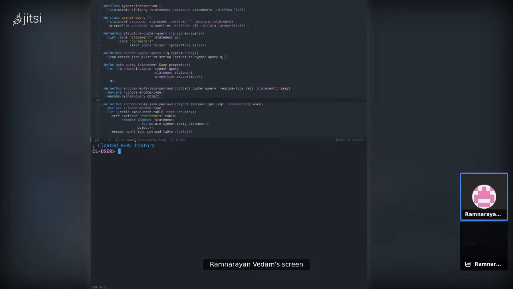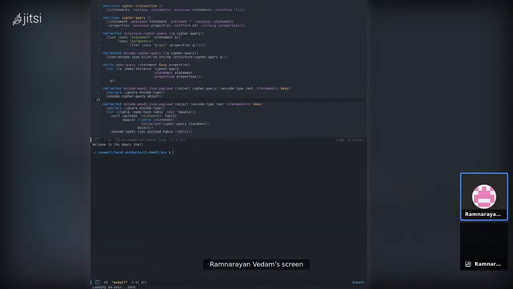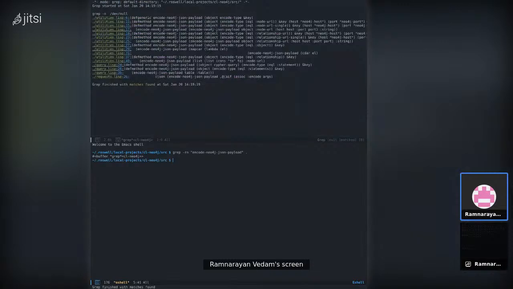Okay, I need to check one thing. I need to see in cl-neo4j source, encode cl-neo4j JSON payload. Okay, and here we have